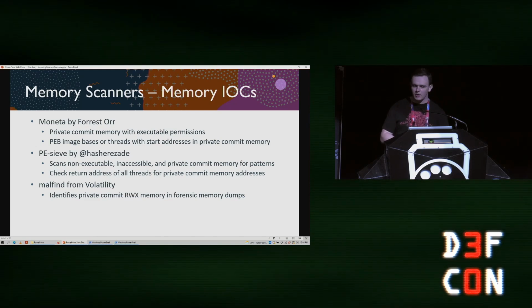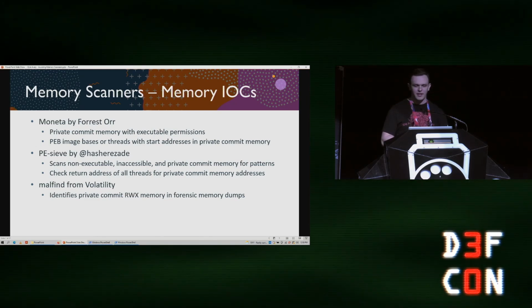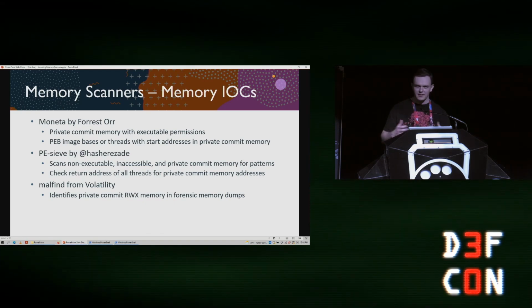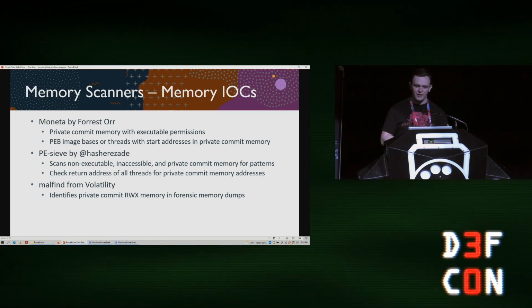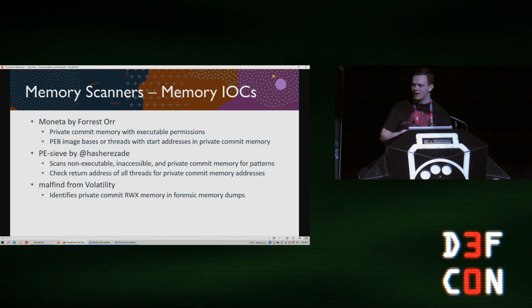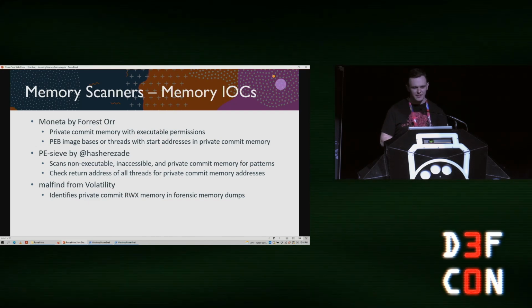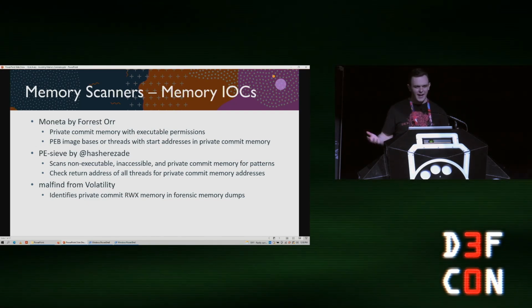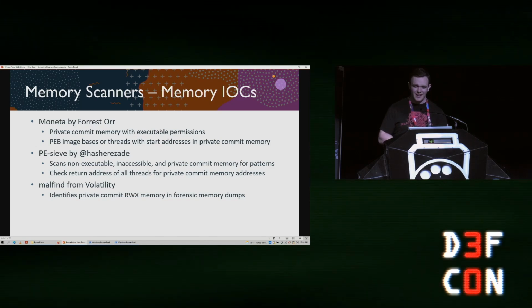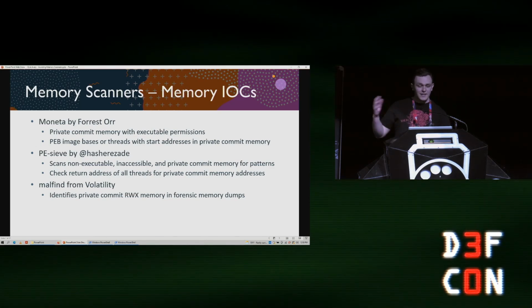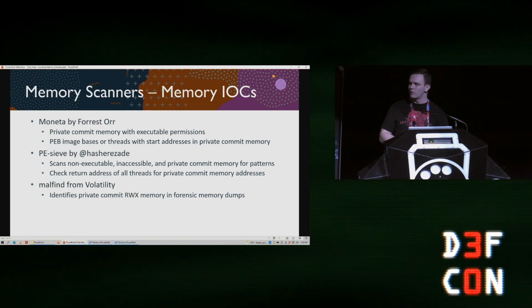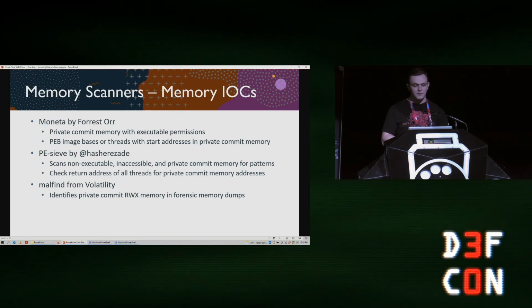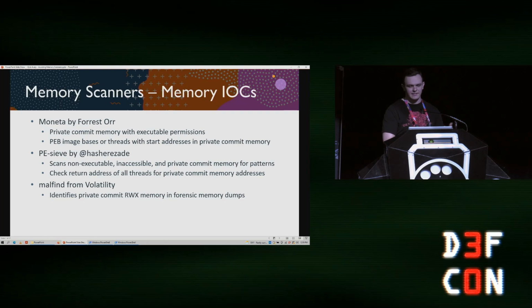All right, so the next thing I want to talk about is so-called memory IOCs. And you might be thinking, okay, well, these are all IOCs, that's the whole point. I kind of agree, but this is just the most common term that I hear used. You could think of this as memory attributes, or I guess memory indicators. But basically what all of these tools are looking for are suspicious attributes or suspicious settings on the memory itself.